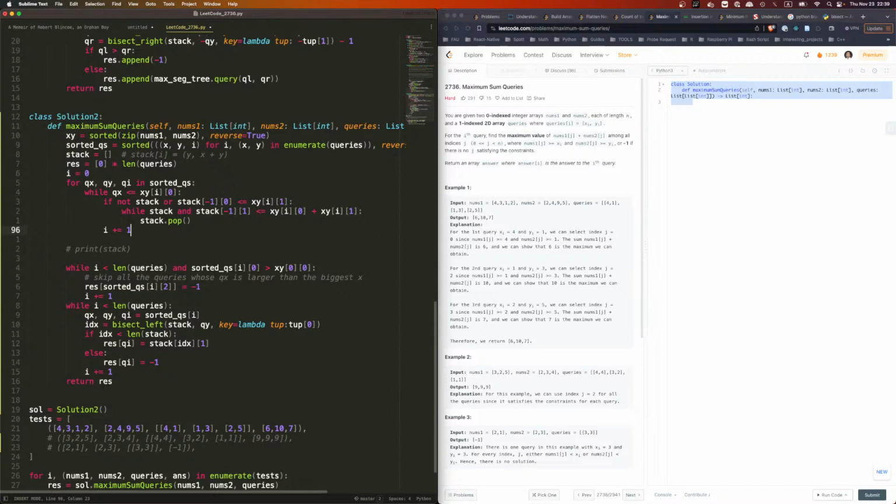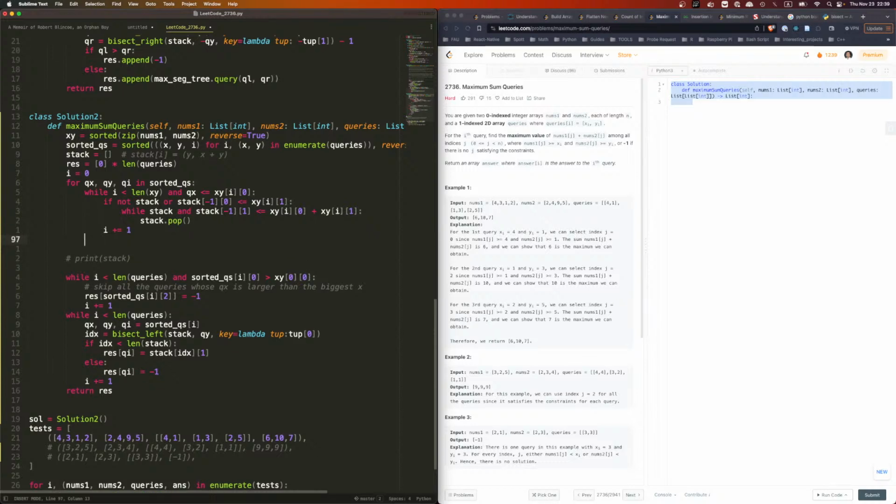Once we're done, x1 plus y goes back up. So we have to also do this: i is smaller than len(xy). Okay, so i plus equal 1. Try the next one. Once it doesn't work, so xy now is larger than the, okay, that's when we are going to do